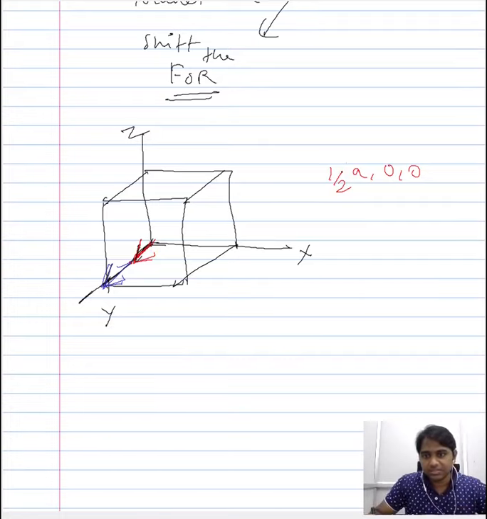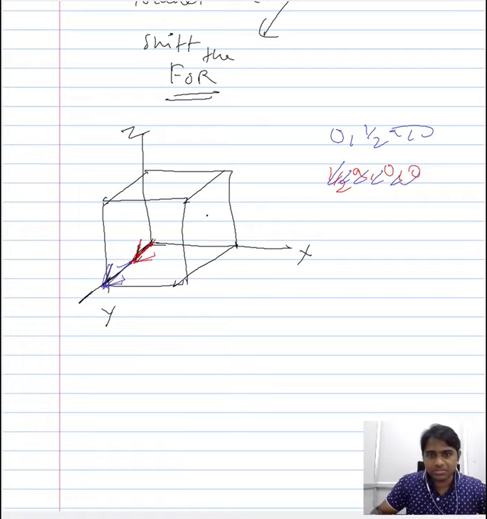So here this should rather be 0, 1 by 2, a, because it is pointed in the y direction. Now when you have the extended version of this direction wherein we allow the direction to meet the end of the unit cell, then we would represent that as 0. It does not make any projections along the x-axis, but it makes a projection along the y-axis, and it meets here at 1.